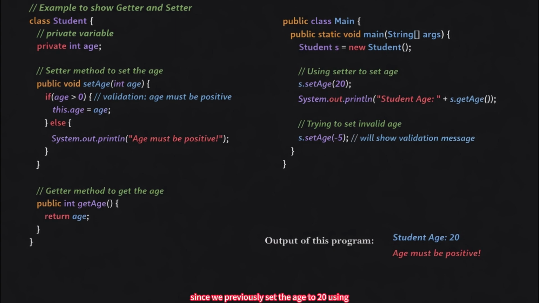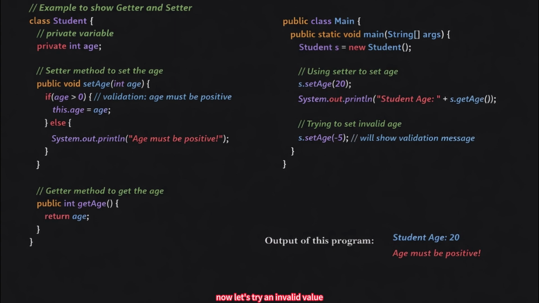Since we previously set the age to 20 using s.setAge(20), the private variable age now holds the value 20. So when getAge is called, it returns 20. Then that returned value 20 is combined with the string "Student age". So finally, the complete output becomes Student age 20.